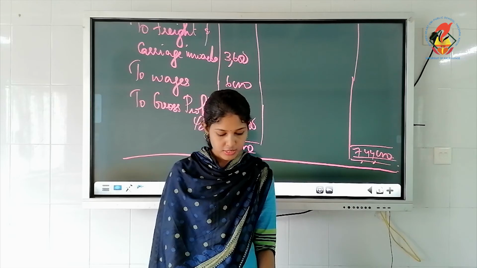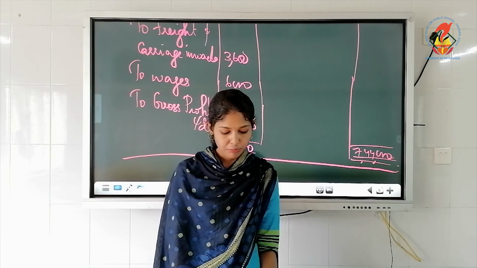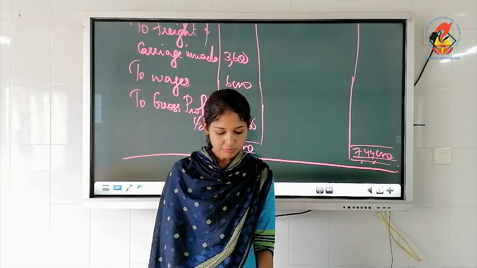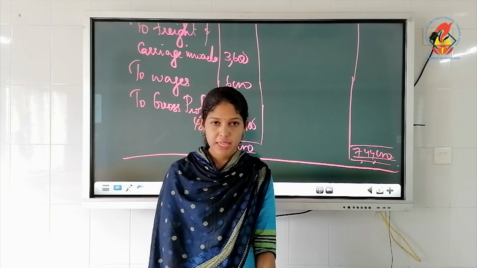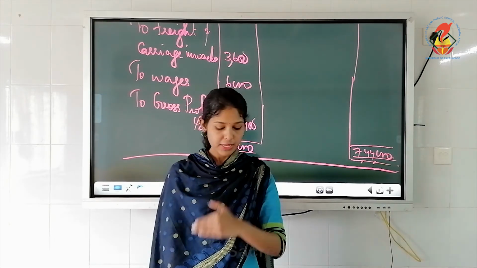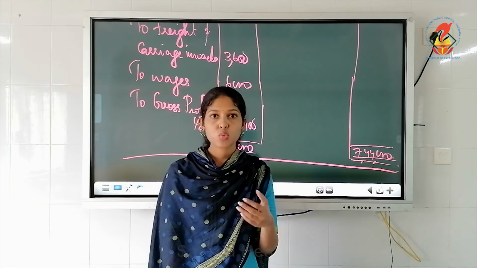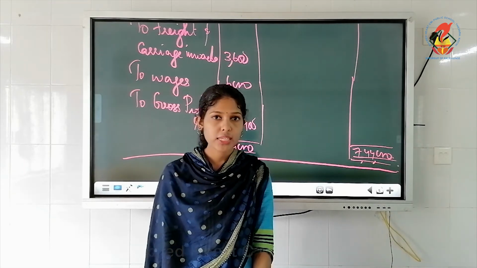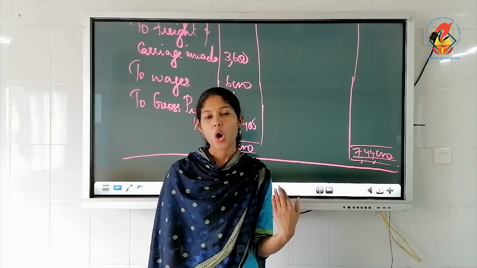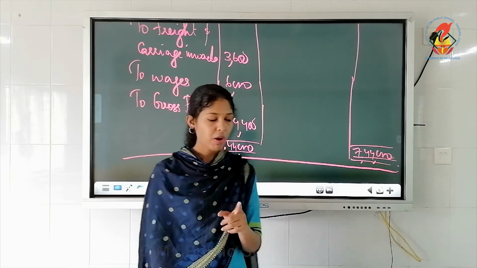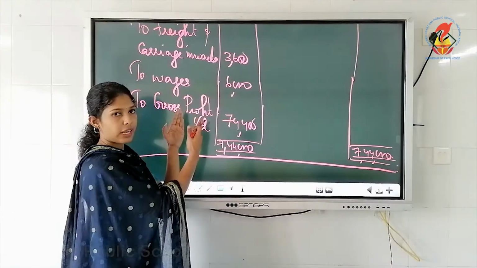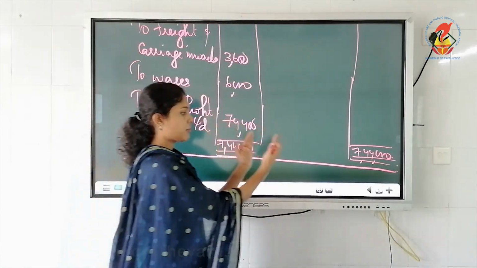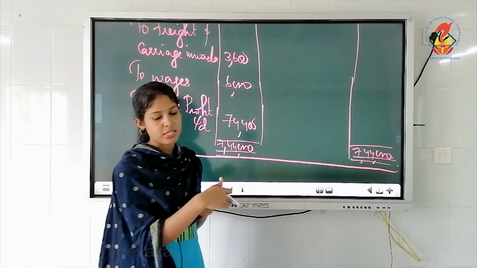Okay, we'll just work out a P&L account question, that is on page number 18.64, practical problem number 11. That also we'll work out. There is only P&L. They are not doing trading and P&L, just the P&L. So with which item will you have to start? Either a gross profit or a gross loss. If it is gross profit, you have to start from the credit side, because in your trading it's there on the debit. So when you start P&L, it must be on the opposite side.